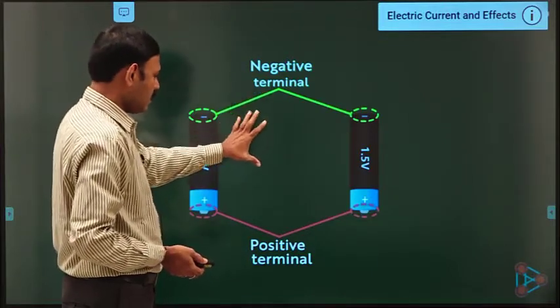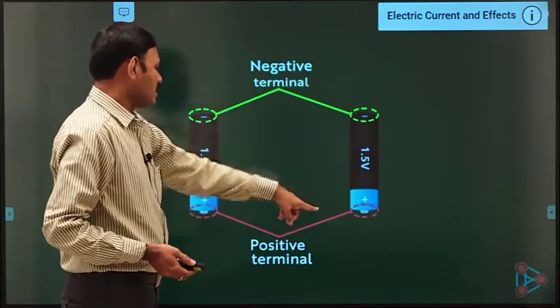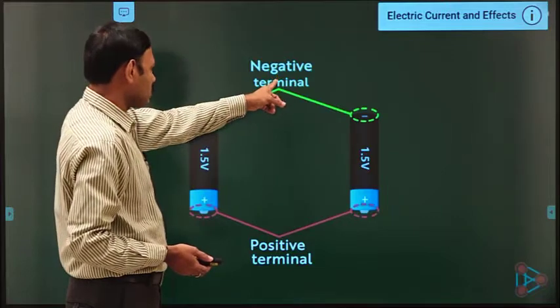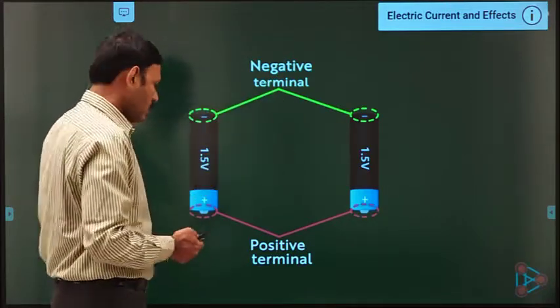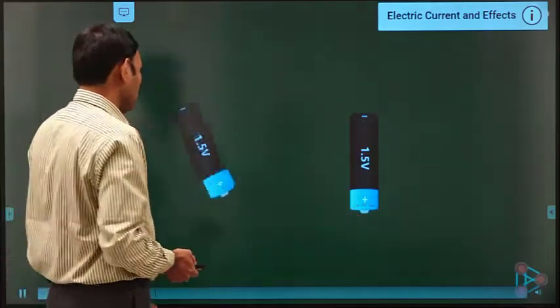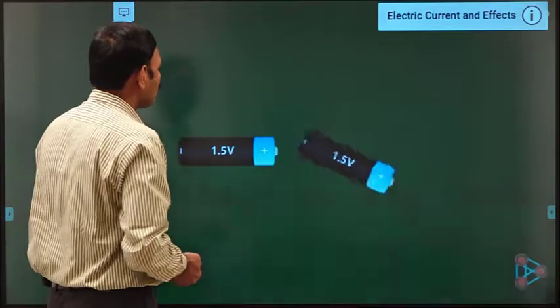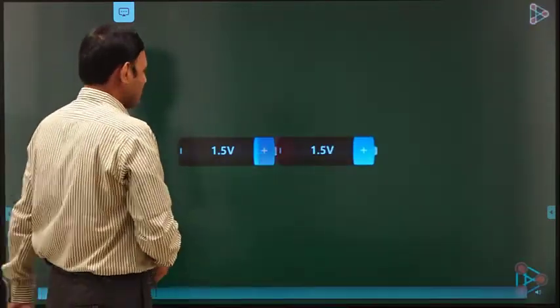Remember students, when positive terminals are connected together of given cells and negative terminals are connected together to one point, it becomes the parallel combination. Whereas what is series combination? So let us continue this video. So you changed the cells as shown in this video. Here students, how we connected?